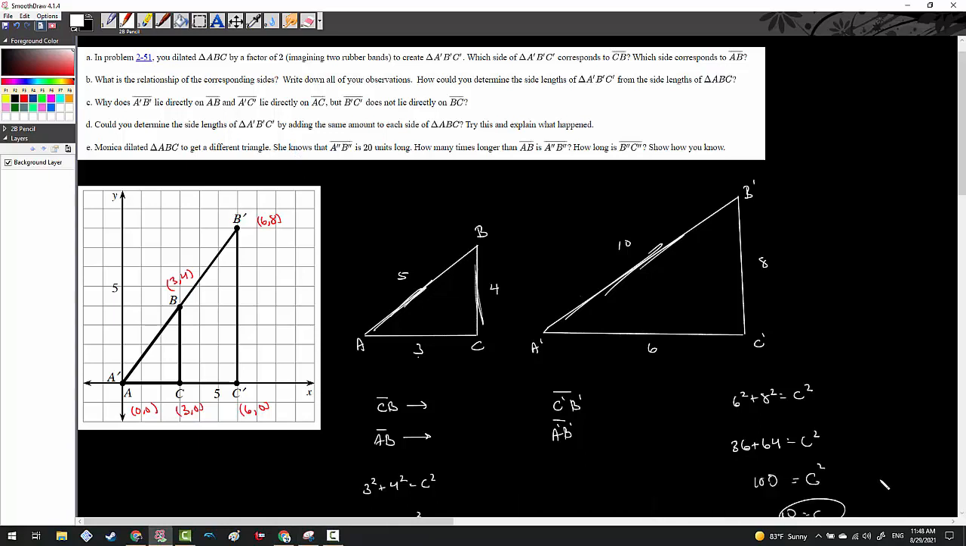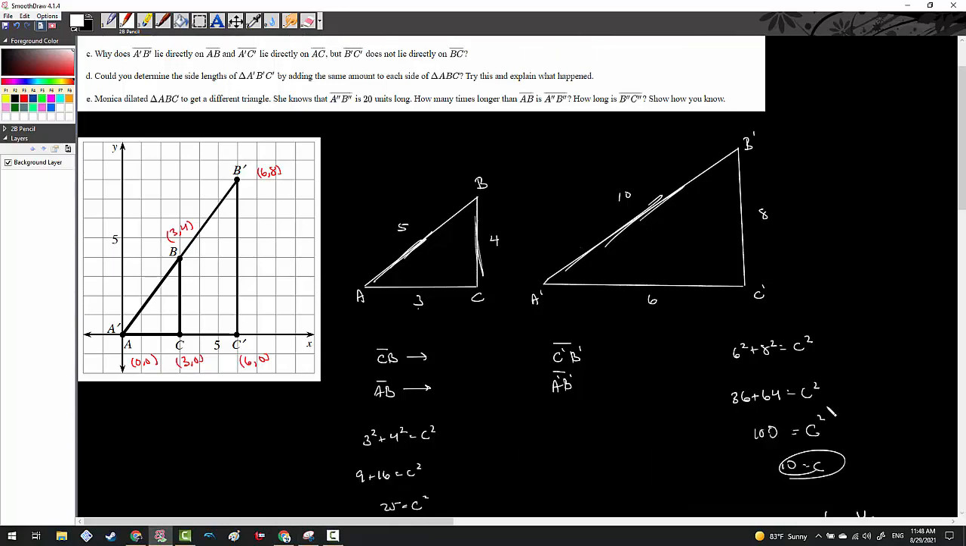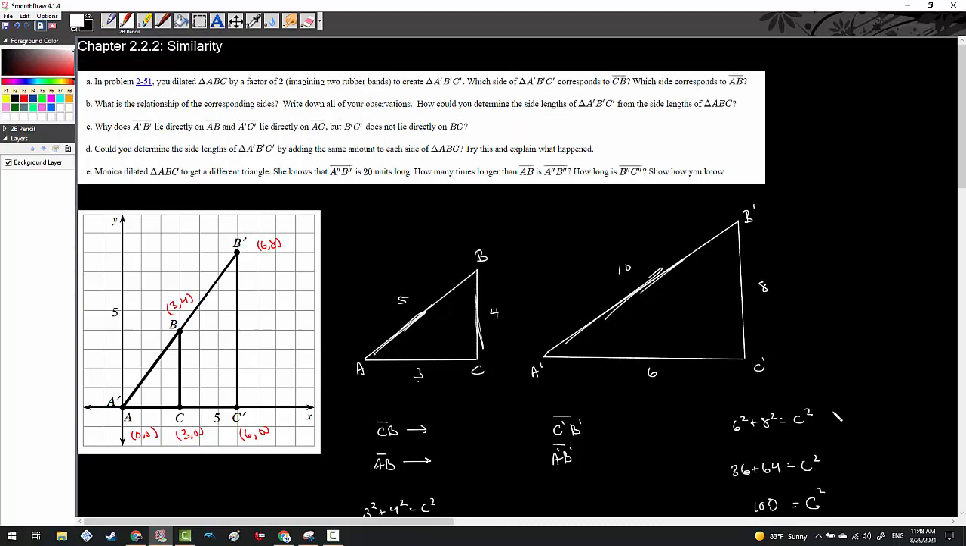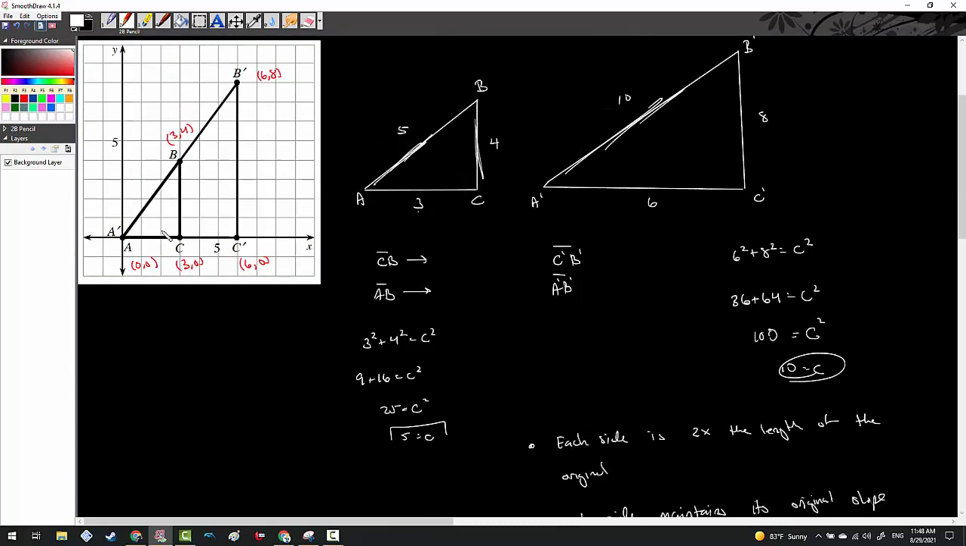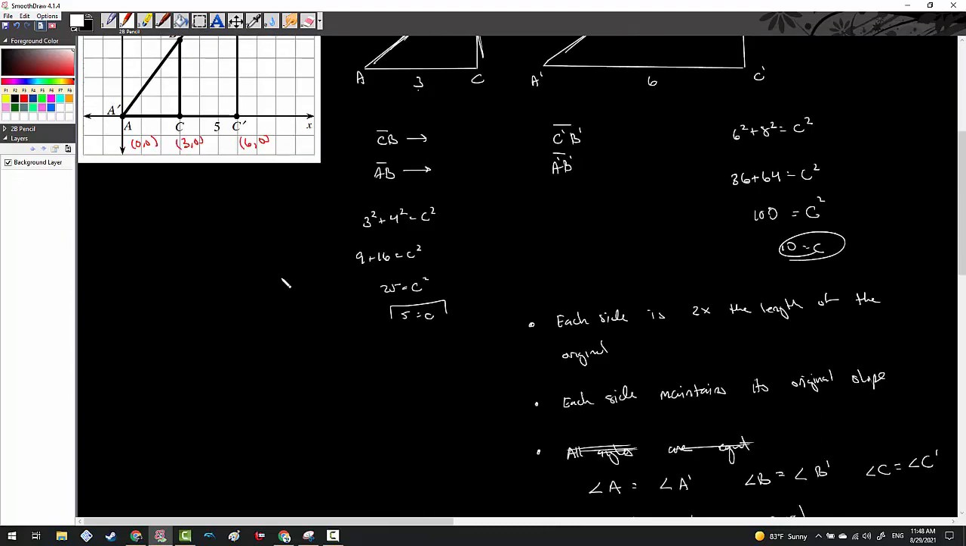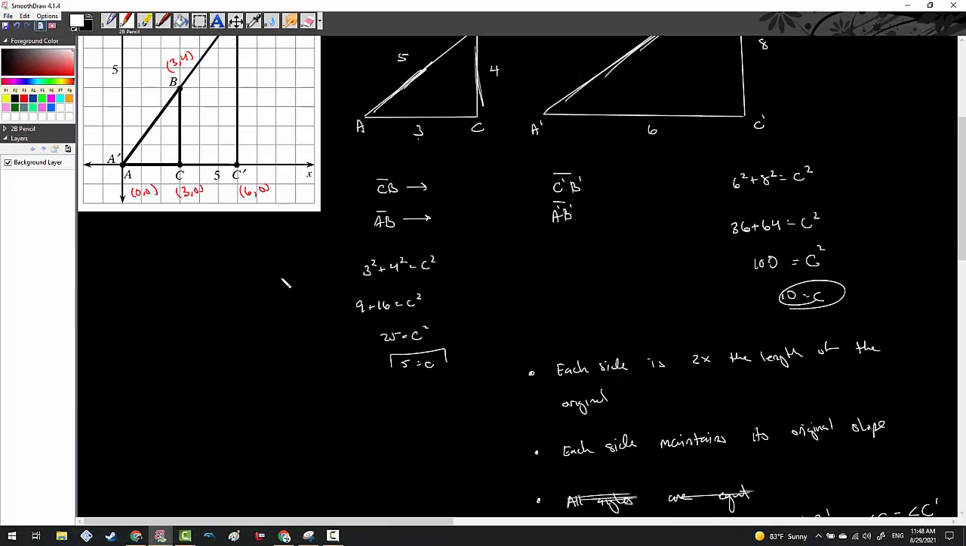Moving on to part C here, it asks, why does side A prime B prime lie directly on AB and A prime C prime lie directly on AC, but B prime C prime doesn't directly lie on BC? I mean that should be relatively obvious. It's hard to say what's obvious and what's not, but it really goes down to the point of dilation being